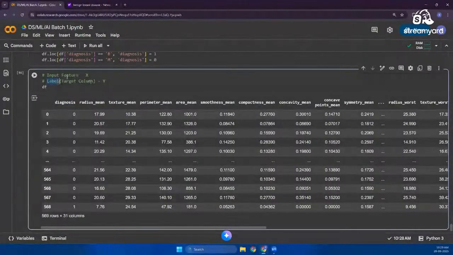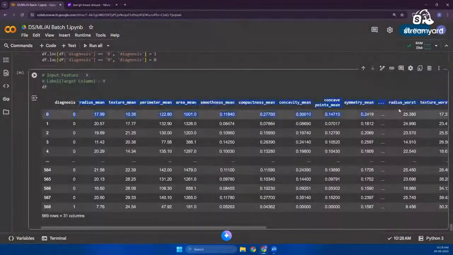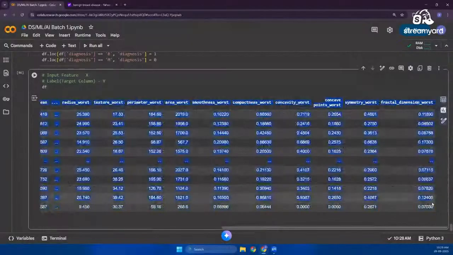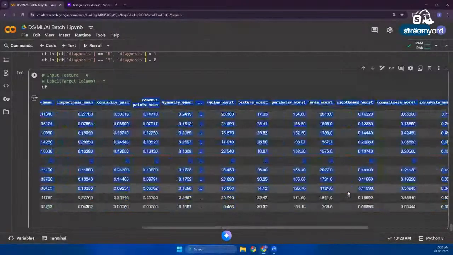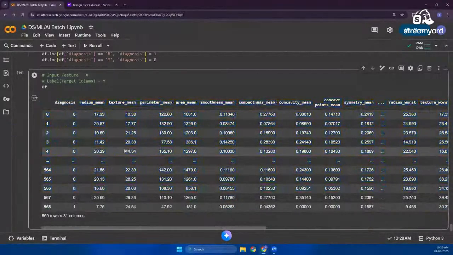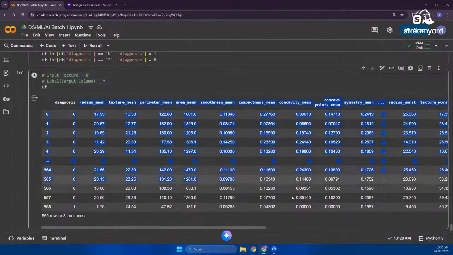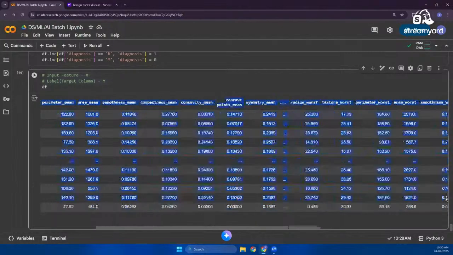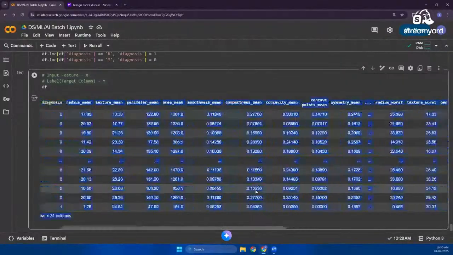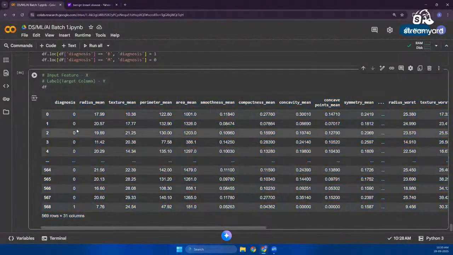what is the column or what are the columns that should be considered as the input feature? Rest all of the columns. In this case, rest all of the columns. Can you see this? Rest all of the columns should be considered as the input feature. Based on this, it is supposed to predict whether it is malignant or benign, right? Based on that, it is giving me the output as Y. Otherwise, the user has to give all these values so that he or she is able to get the output as 0 and 1,